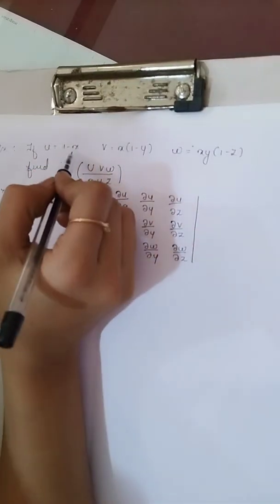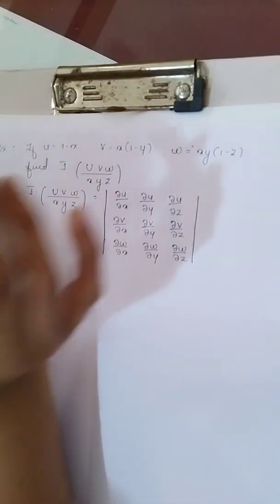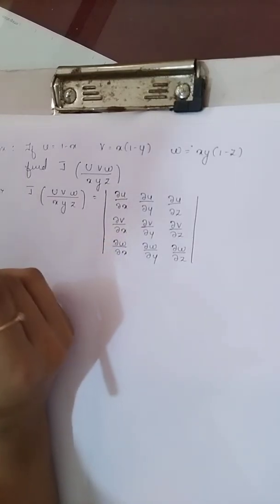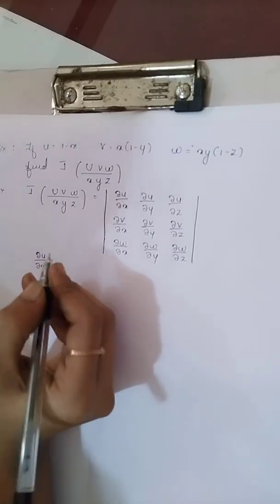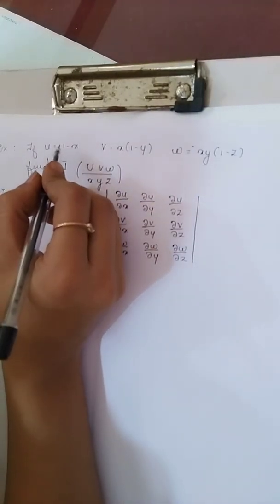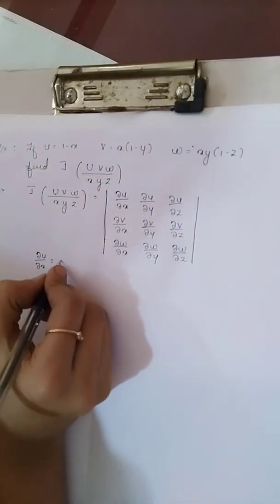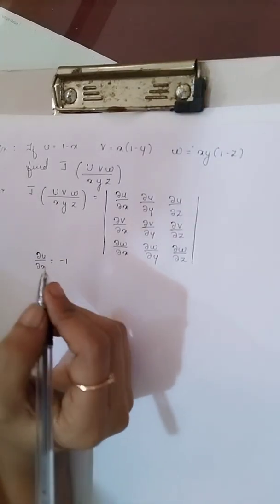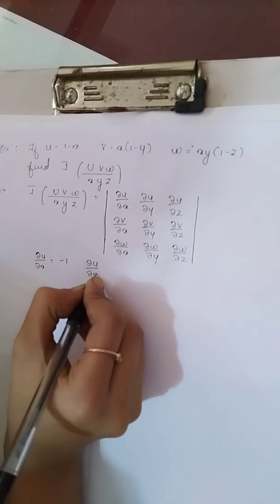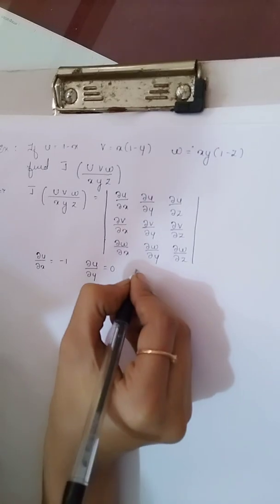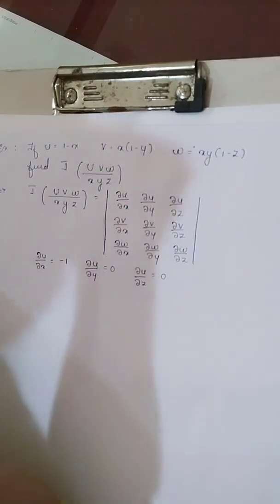That is, u is equal to 1 minus x. So differentiate this u term partially with respect to x, y and z. u is a function of x only. So dou u by dou x means differentiate 1 minus x partially with respect to x. The first term is constant, so its value will be 0, and minus x differentiated with respect to x is minus 1. And next, dou u by dou y: there is no y term, so its value will be 0. Dou u by dou z: again no z term, so it is also 0.